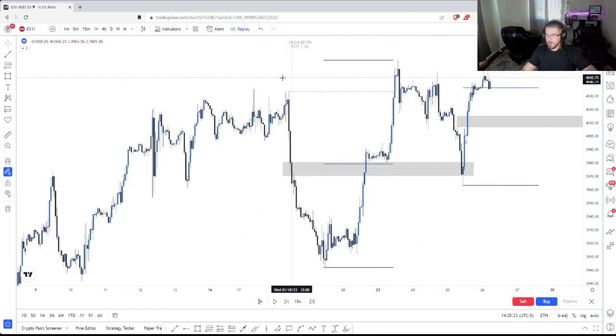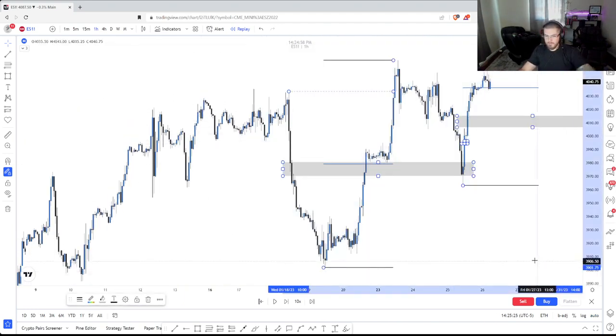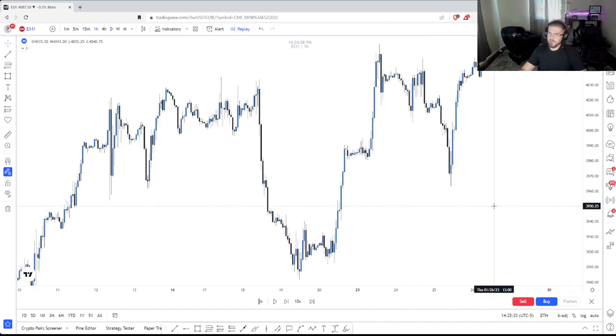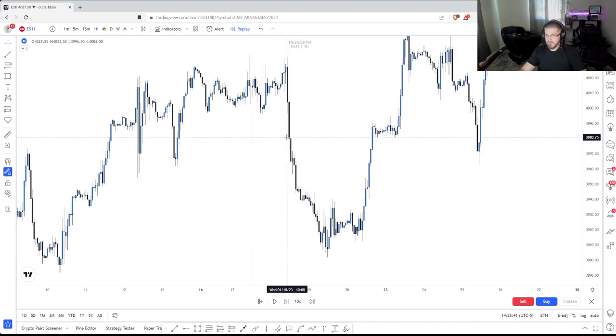So a breaker block is, a lot of people overcomplicate these, and it's funny to watch a lot of these newer gurus that haven't even watched old ICT. Whenever we're looking at a breaker block, I've heard crazy explanations, but really what it is, it's the last candle that forms a short-term level of structure before price trades into an area of interest. So example,